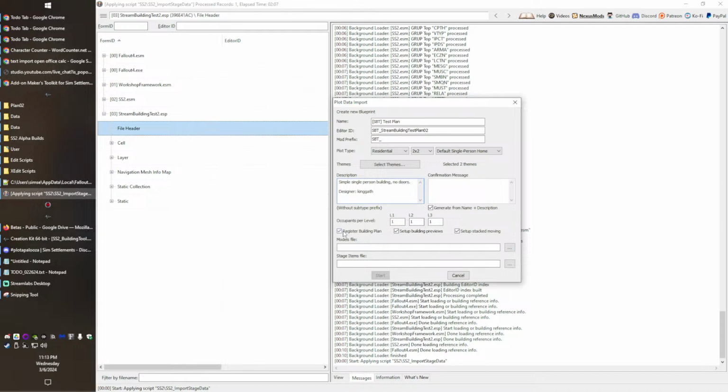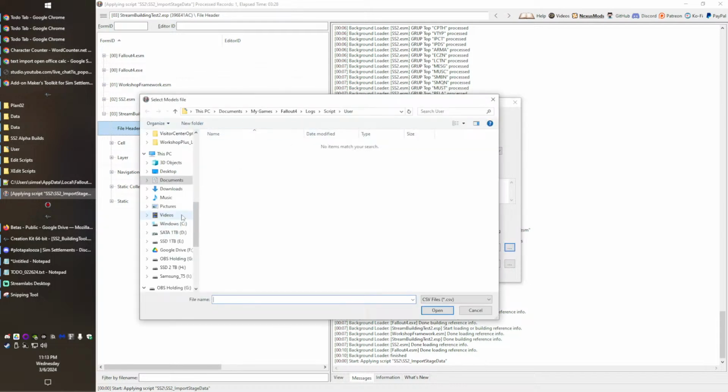And then we want to check in all these boxes. We want to register a thing. We want building previews, so that way when the player is previewing the building, they can see our model. And then the stacked moving: if you don't check this in, then if the player were to pick up the plot, all your items or your building at least would disappear from the building as the player dragged the plot. So checking this in sets it up so that the player can pick up the whole plot and move everything alongside it. Then we're going to click the 3 dots next to model files, and we are going to navigate